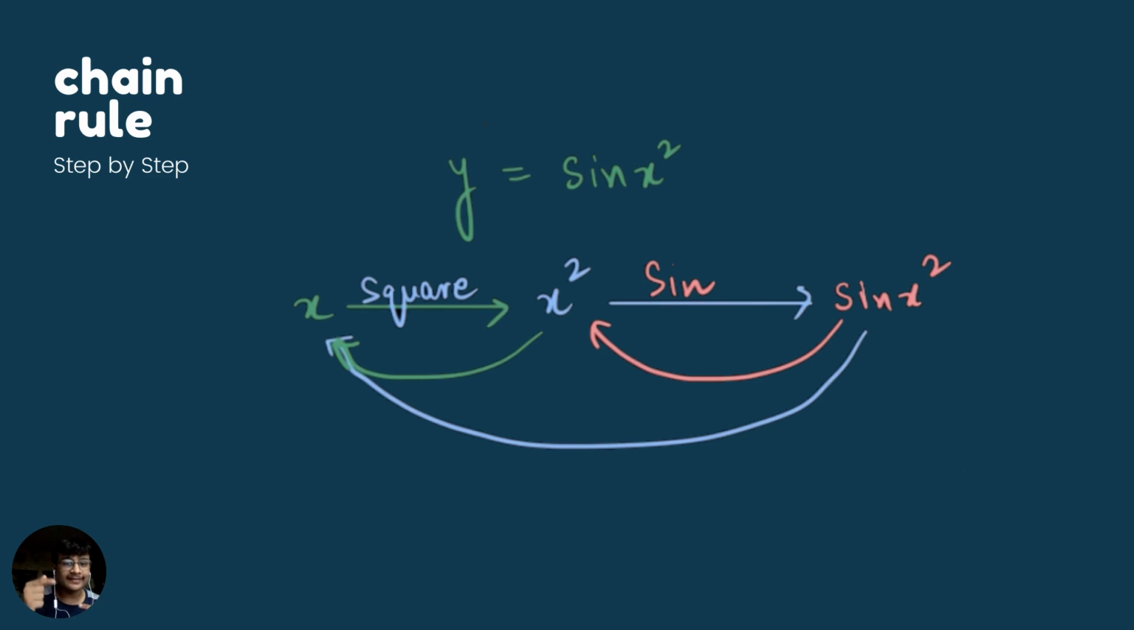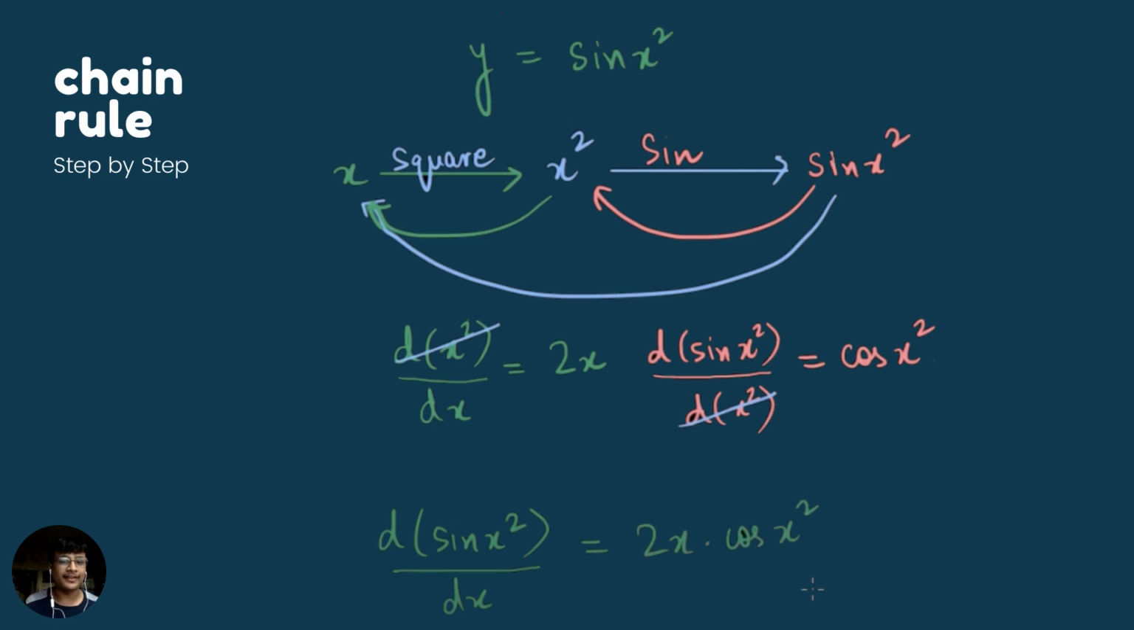So what we're going to do is, last time we did first sin and then squaring. This time we're going to do x squaring first and then put the sin. X on squaring becomes x square, and x square on putting sin becomes sin x square. Let's see the treatment. So we're going to differentiate